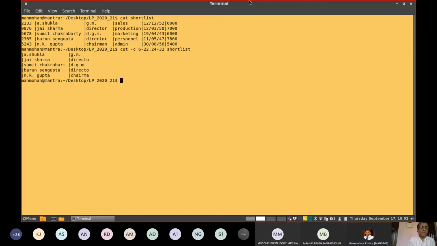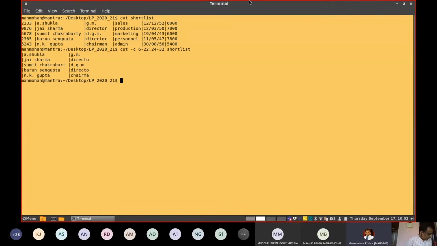Sometimes one person may have a very long name, maybe more than 30 characters, with surnames and so on. In such a case, we cannot have fixed width columns. In such a case, we can use delimiters to separate the fields, whatever the length of the field. We assume that each field is separated by a delimiter. That delimiter also we can mention while processing.